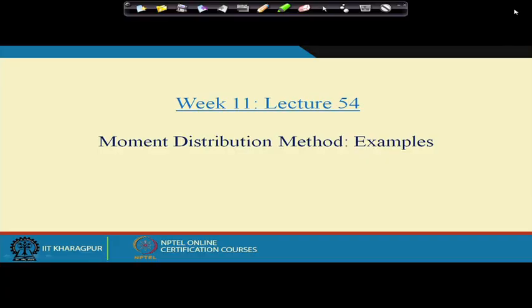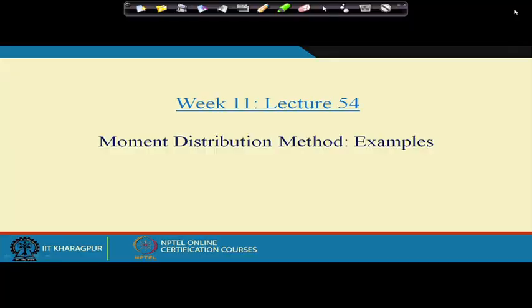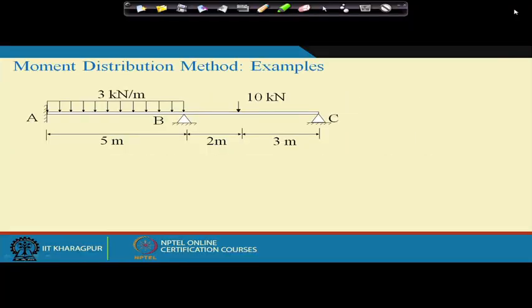In the last class, we introduced the moment distribution method, and what we will be doing today and in the subsequent classes is demonstrating the steps involved in the moment distribution method through some examples. Okay, so let's take this example. It is similar to the example we used to demonstrate the steps. The only difference is